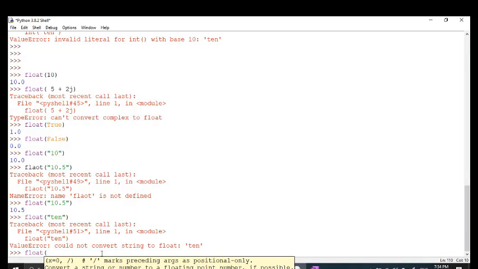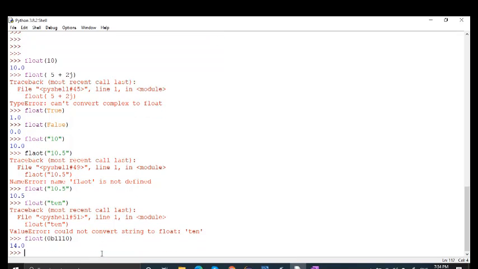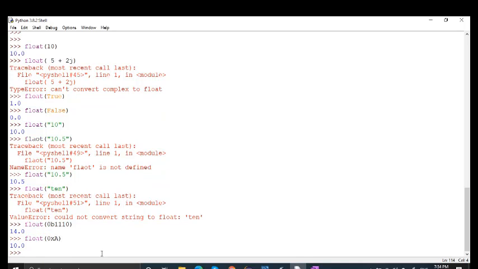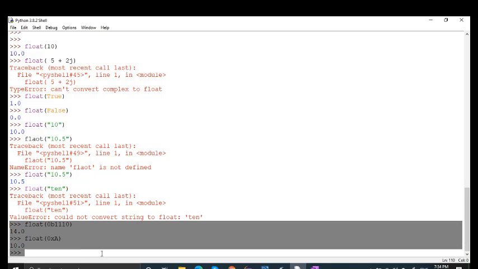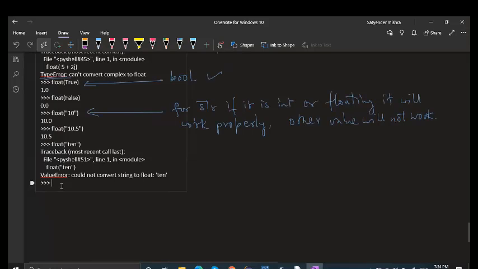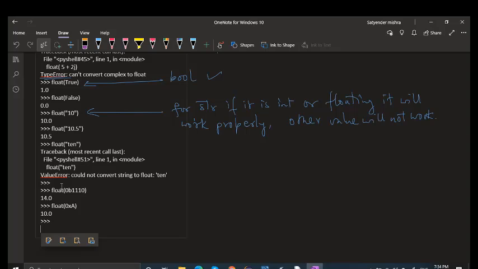So you are passing a binary number here, say 0b, and you are passing 1110. So this is 14, right? So it's working fine. You can pass a hexadecimal number also. So you write here 0x A. So A is a hexadecimal number, and you can see the value. So it will work with the binary values and the hexadecimal also. You can play with this at home. As much as you play like a computer game with Python, it will help you to learn the concept.